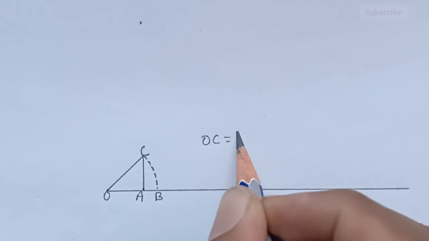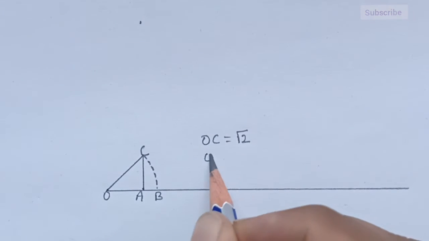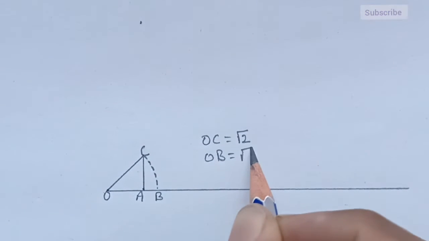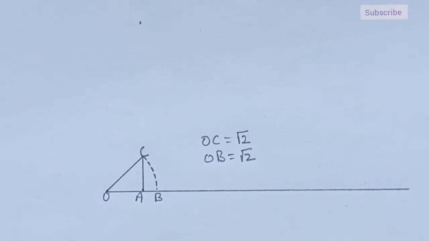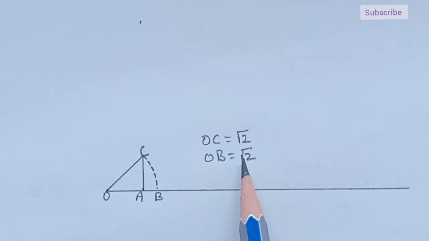OC is under root 2, OB is under root 2. This under root 2 comes from the Pythagoras theorem. So